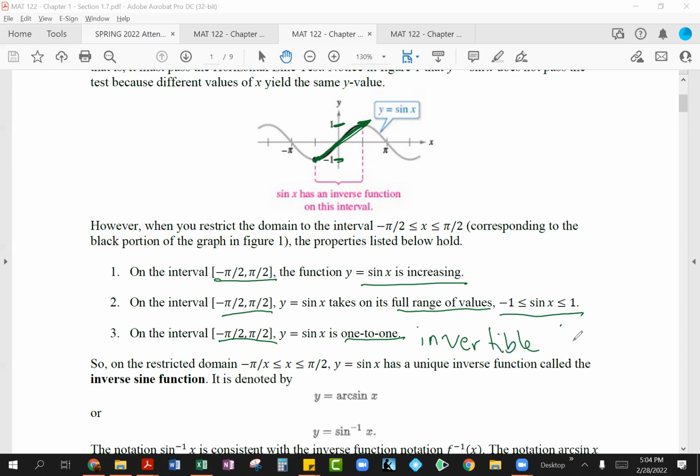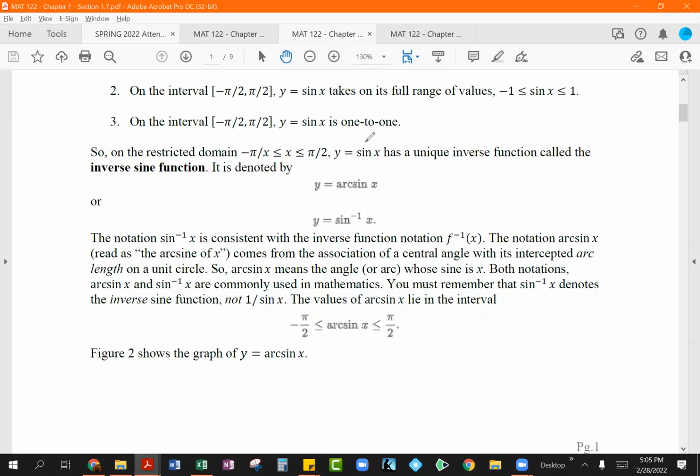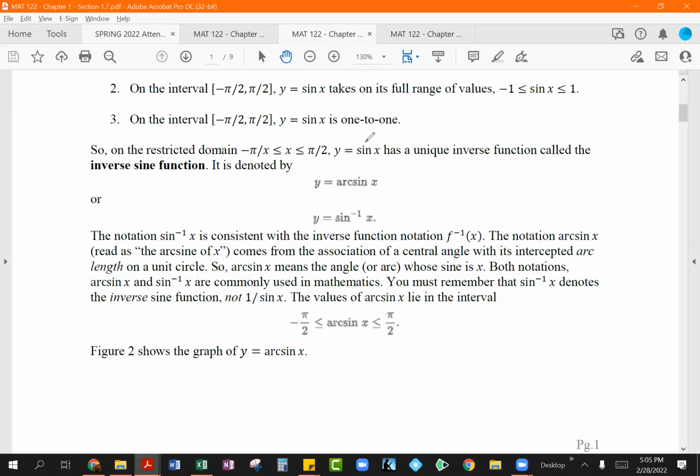It's invertible, which means you can find its inverse. So it has to be 1-to-1, because without that 1-to-1, we cannot find inverses. So that's kind of what happens when we restrict our domain between these two values over here. Now we are saying on this restricted domain,